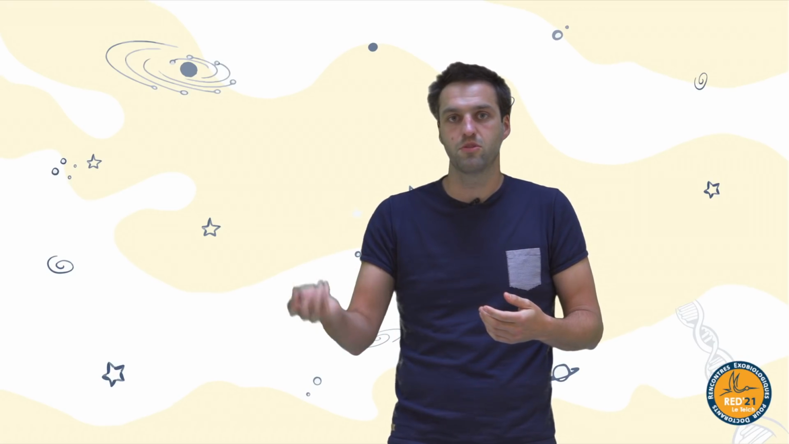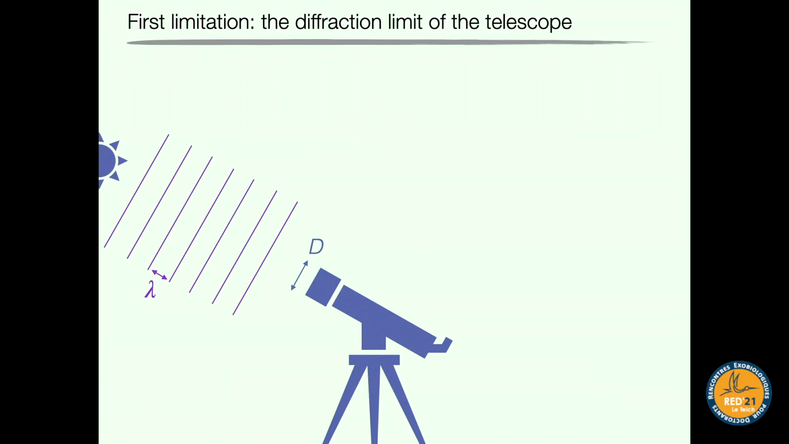So for this, we have to understand that there are a few limitations to imaging other planets or imaging objects in general. And the first limitation is really what we call the diffraction limit of the telescope. It's basically due to the fact that light is photons, but it's also a wave. And so because it is a wave, when it's going to enter the telescope, there will be a process called diffraction that will tend to change the path of the light, and so it will change the image that we see